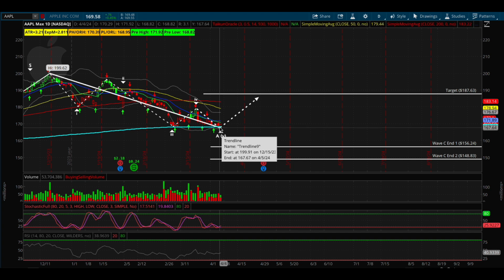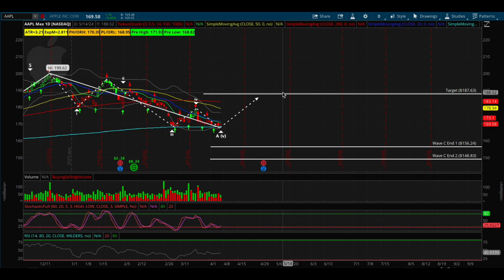Now, what we should have happen is a pop up to 187.63. We should pop up to 187.63. And if we get rejected around that area, then we know we're not on any of the bullish scenarios. We're on this bearish scenario. So if we hold support and we jump and we get to 187, but we don't get above 187.63, we could drop down to 156.24 or as low as